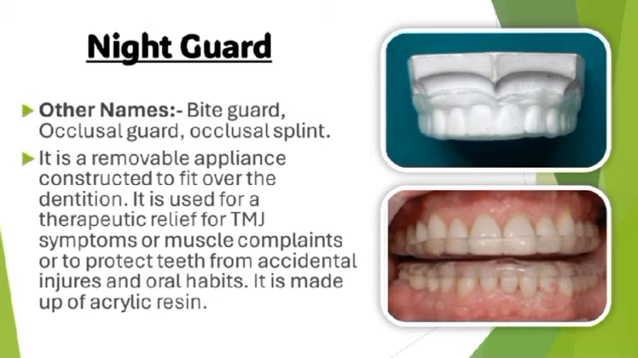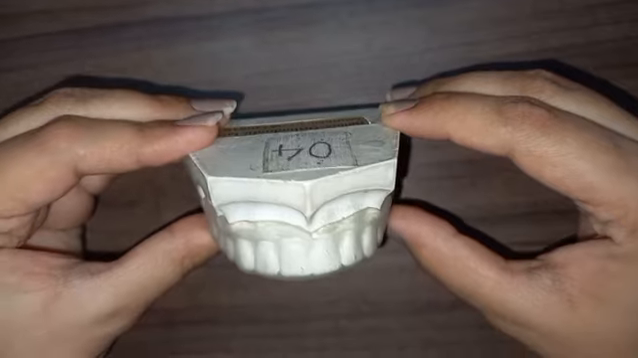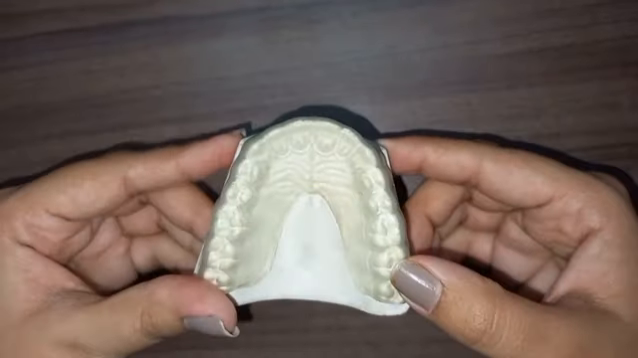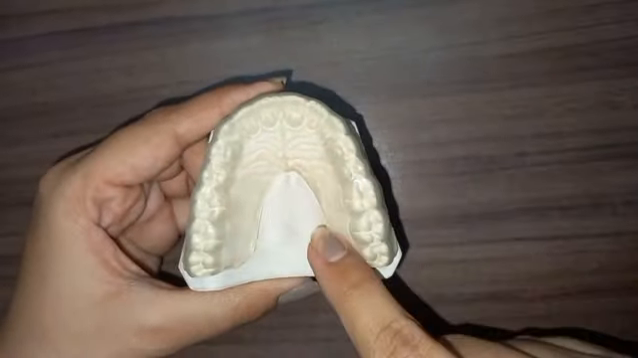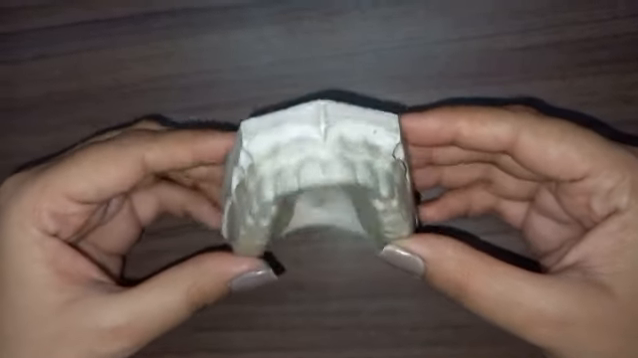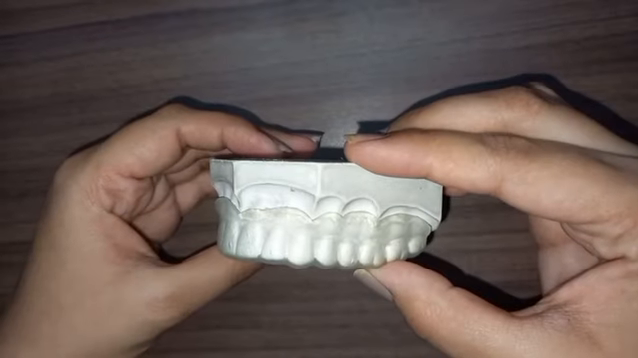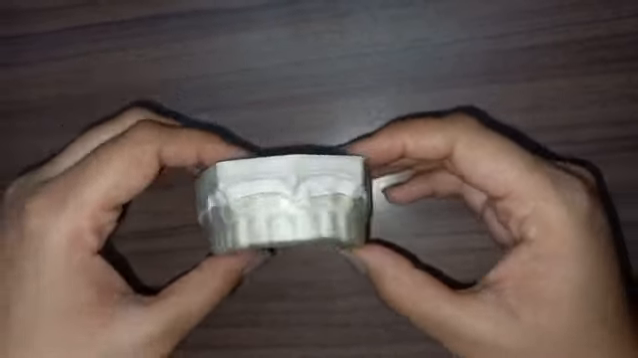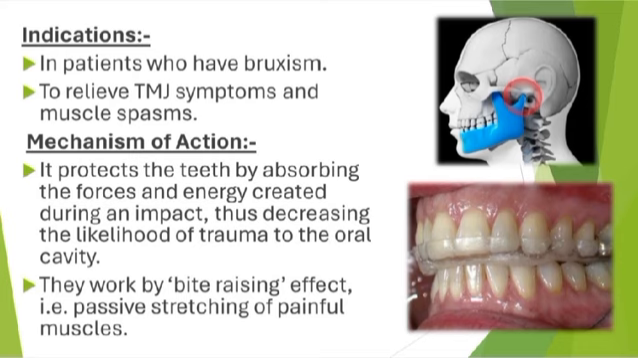The next appliance is night guard. It is also known as bite guard, occlusal guard, and occlusal splint. Mechanism of action. It protects the teeth by absorbing the forces and energy created during an impact, thus decreasing the likelihood of trauma to the oral cavity. They work by bite raising effect, that is, passive stretching of painful muscles. Indications. It is given in patients